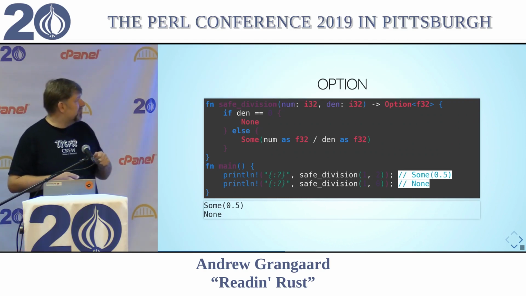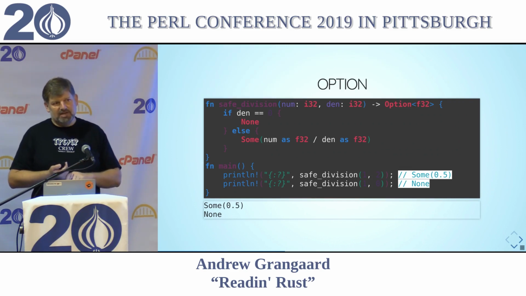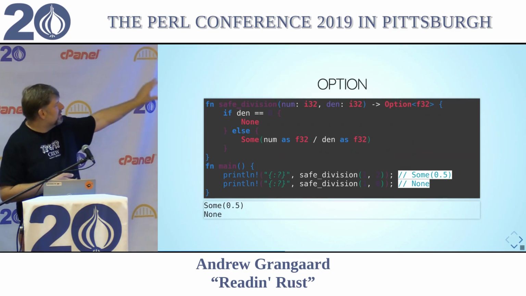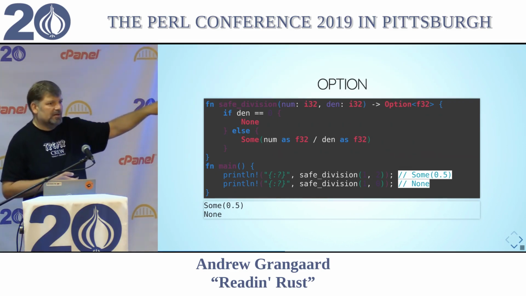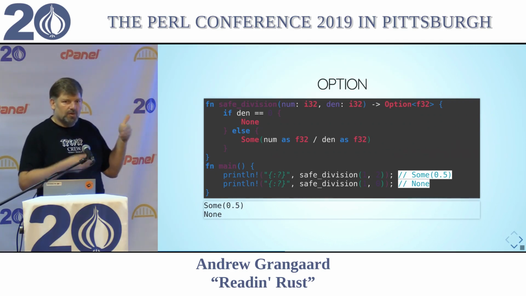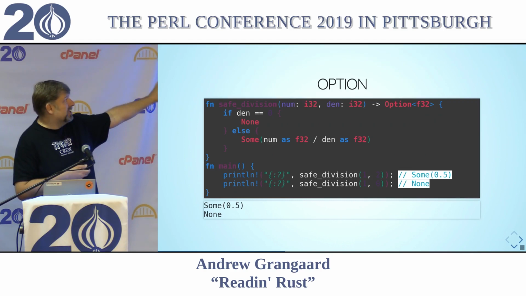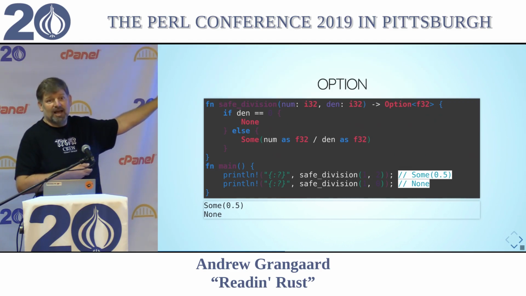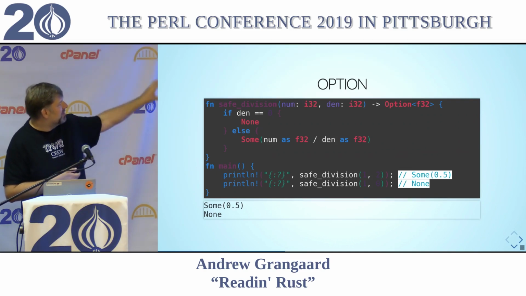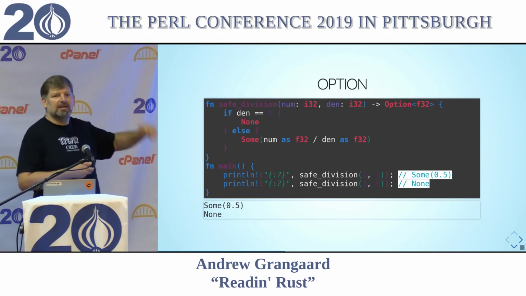And there is an implicit return. Yes, that is a great point. There is an implicit return from every statement. So in fact, there's a couple returns happening here. The if is a statement that has 2 branches. Each of those branches has a return value. So both of your branches have to return the same type. These both do because that's a None and that's a Some, and those are both part of the option type. Then that value is returned to the scope of what's happening inside the function, and since it's the last thing in the function, it is also returned.